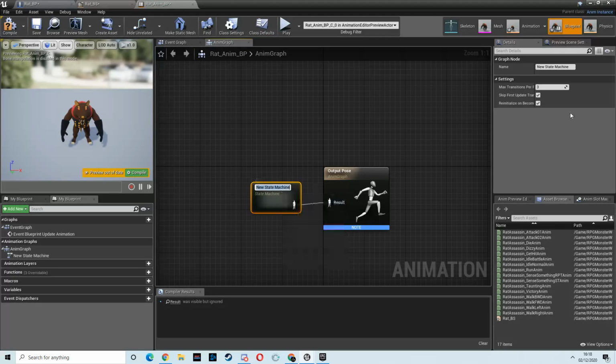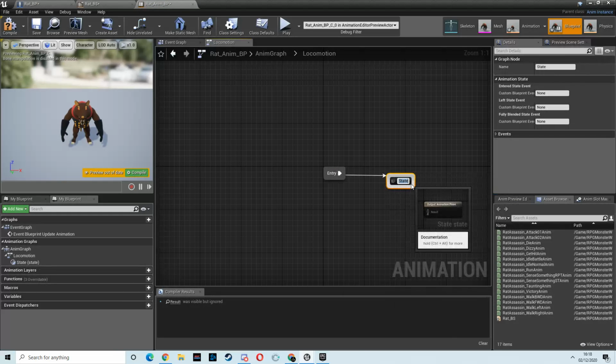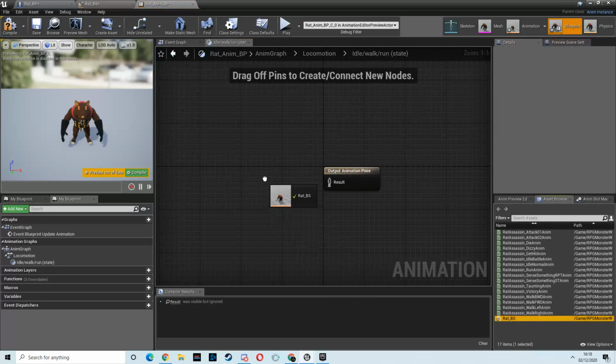It wants to be called locomotion. Oh, it did this to me earlier. Locomotion. And double click on it, and then we want to create a state. We'll call this idle / walk / run, because that's what it does. Open it up, drag in the blend space,